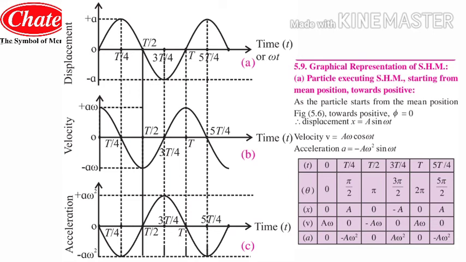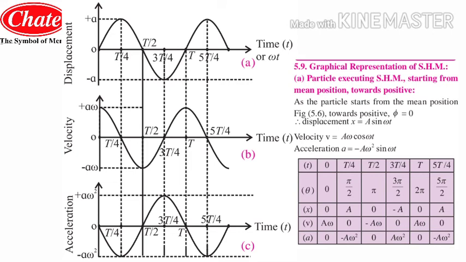After that students, when we put the value of 3 pi by 2, we get the value as 0. So again the graph will be going toward 0, lying over the x-axis. Again if we put the value of 2 pi, we get the positive extreme position, that is plus a omega. Then the point will be reaching toward the positive extreme position, and the last value we have got is 0. So again the point will be coming at 0, lying over the x-axis, from the positive extreme position. So this is the graph students, we have drawn for the velocity.